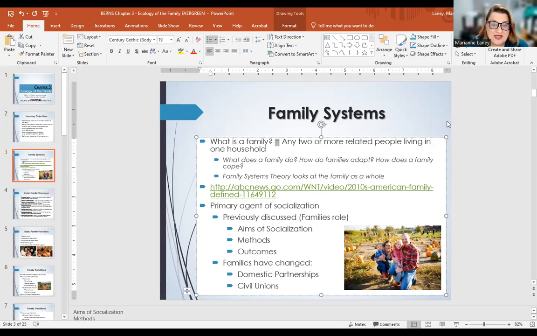And then outcomes. What are the outcomes of the family's role? Again, to properly socialize a child for the dominant society. There are a million different ways you can do that, a million different outcomes, and we'll talk about it. It really depends on what the family values, what the family likes to talk about, how the family likes to teach. Sometimes it's very kind and gentle and nurturing. Sometimes it's not. It's like, you better learn this or else. Those are all techniques. Every family does it differently, and the outcomes are all a little bit different, but generally the same, right? You can have positive outcomes and negative outcomes. We'll talk about that as well.